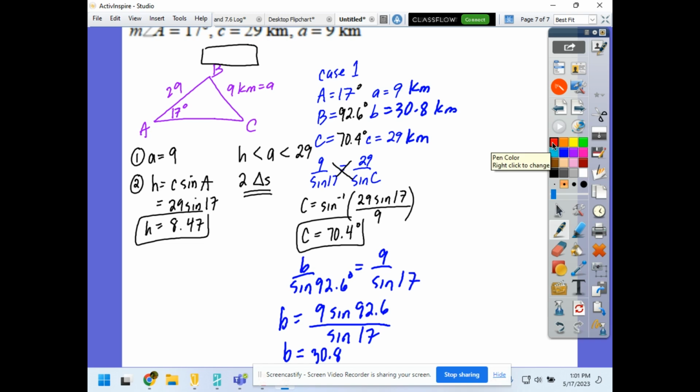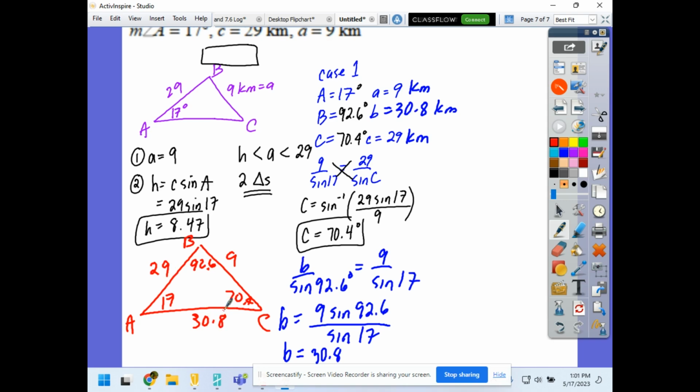All right, so we know now on this triangle, case one here, my A equals 17, that's 9, C is right here, which is 70.4, the B is going to be here, 92.6, and we know that side C is 29, and side B is 30.8. All right. For case 2,